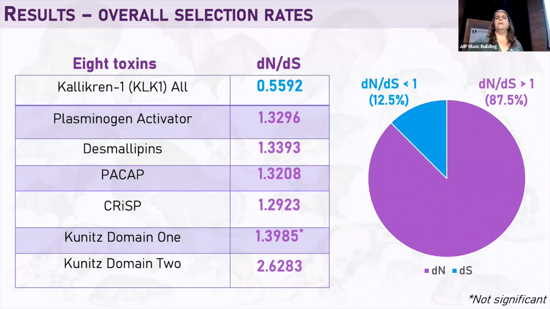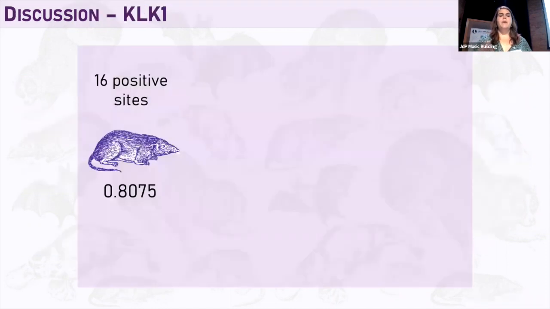which is really interesting. And I just wanted to have a real brief chat about calichrome 1 and CRISP in particular, because I felt they had some really intriguing results. So, as I mentioned, I did some species-specific toxins as opposed to just the overall groups. And one of them that I did was calichrome 1 for the shrew. The shrew you can see here, it's still evolving under purifying selection, but not as intense. And you also notice that it's got quite a lot of sites, which is actually quite unusual in a purifying